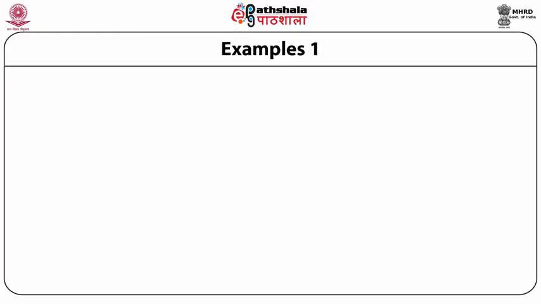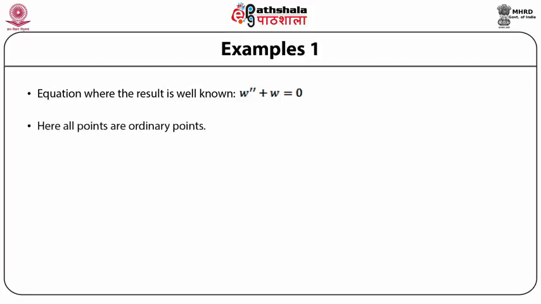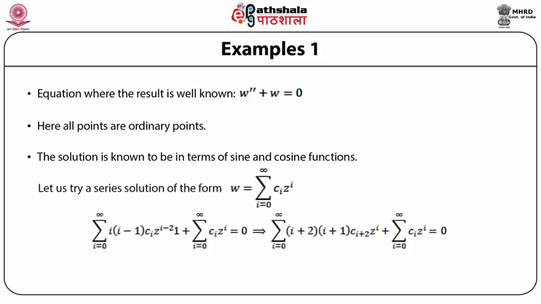As an illustration, we consider an example which represents a simple equation where the result is well known. Let us say the equation is given by w double prime plus w is equal to 0. Here, all points are ordinary points. The solution is known to be in terms of sine and cosine functions. Let us try a series solution of the form w is equal to summation i going from 0 to infinity